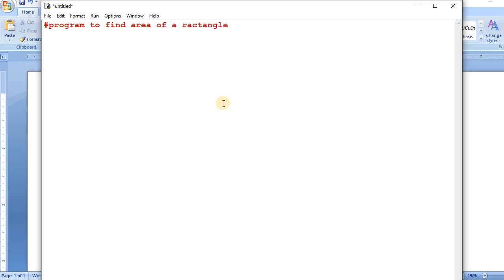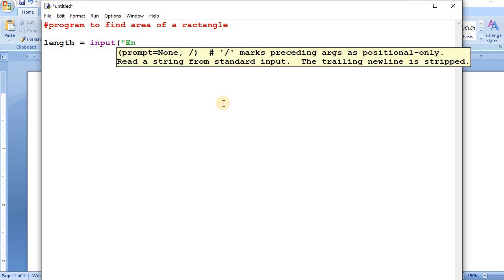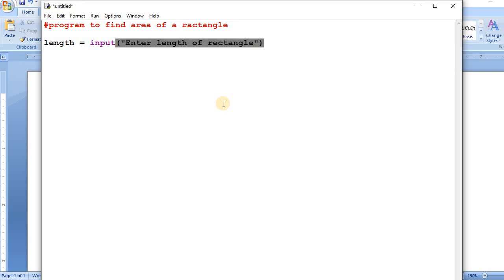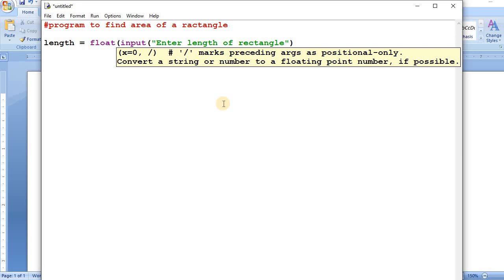Okay. Next, I'm using the length variable here, and we can use the input function: enter length of rectangle, and close the quotation. Because the input function reads the value in string form, again we have to convert it into float or integer. So convert it into a float value. So just enclose the input function